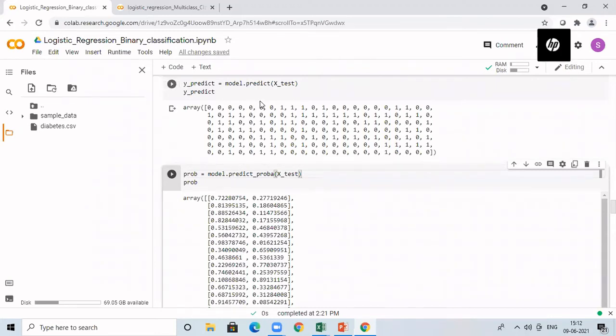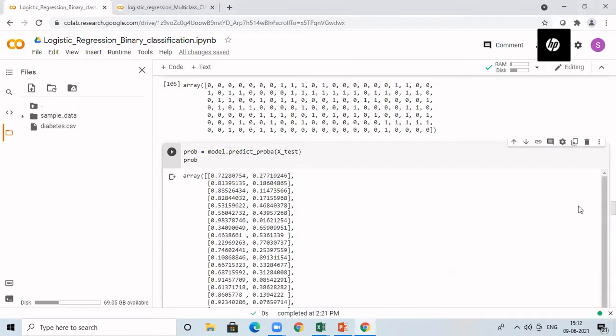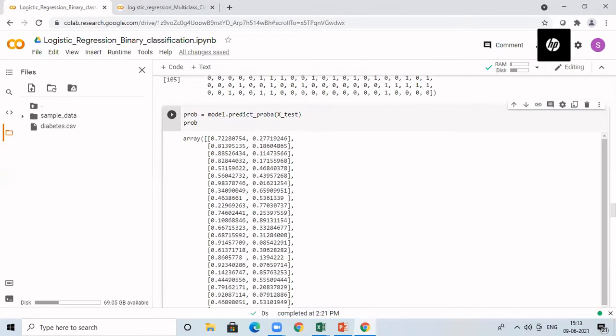But here we are not predicting the class label. We are predicting the probability for all the samples in the X_test. So if you see here, for every sample, 2 values are printed. So if you see the probability here, for every entry, we cannot say that it always belongs to class label 0 with 100% accuracy.